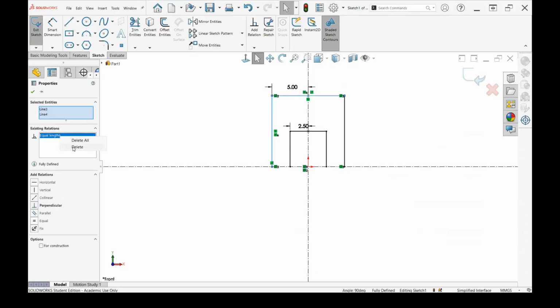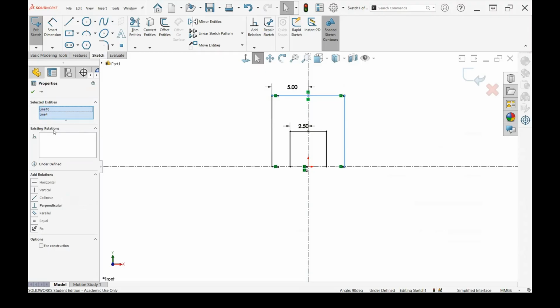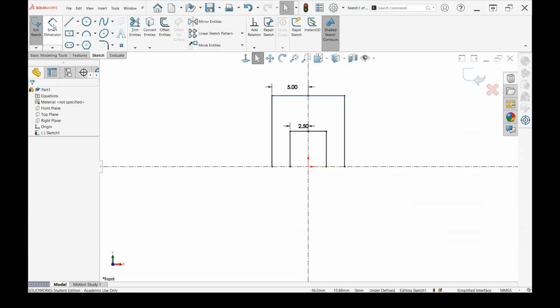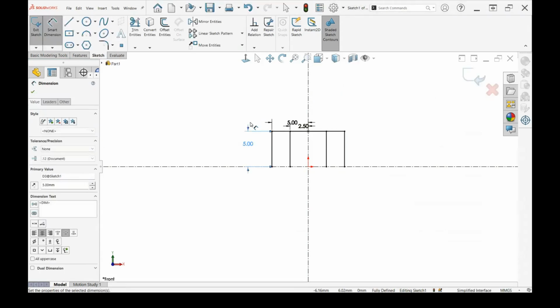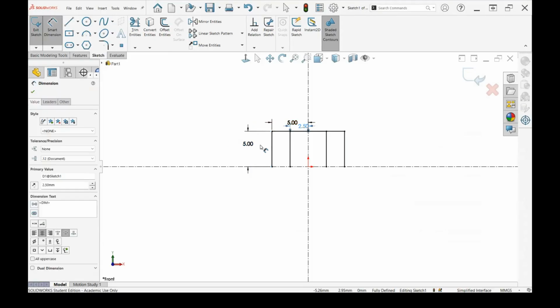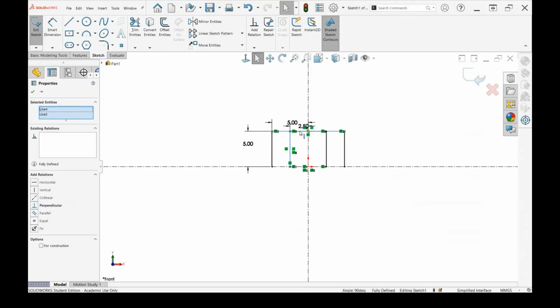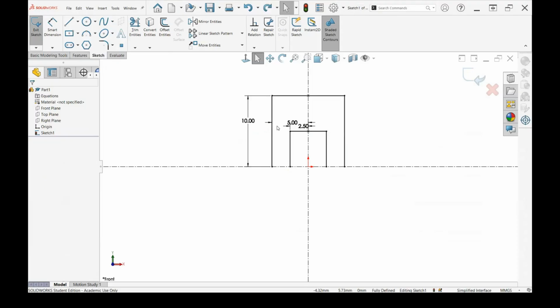So we're going to delete that. We're going to go to the other side, do the same thing. And we don't have an existing line there. So what we're going to do then is use our smart dimension. Go to the side here and say that should be 5. And then likewise, go to this line here,